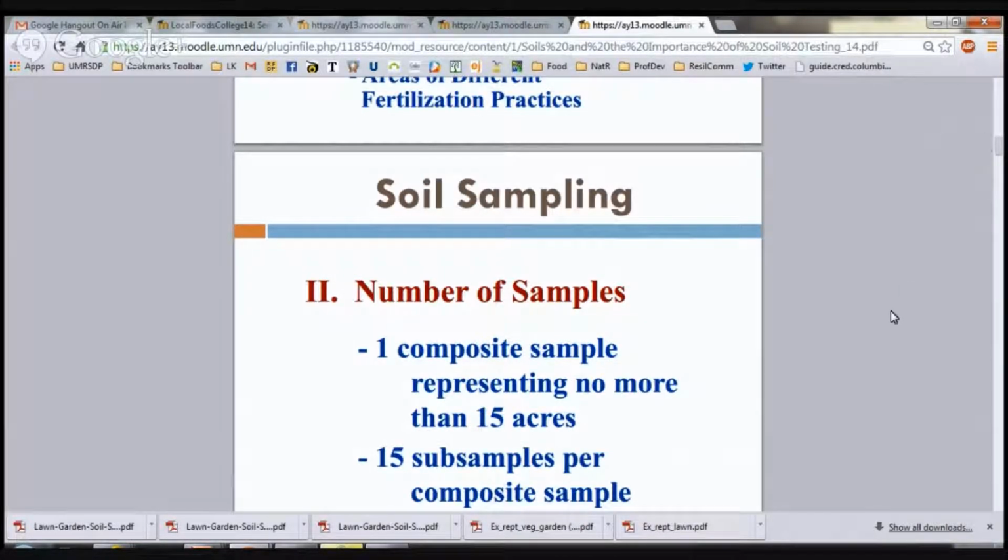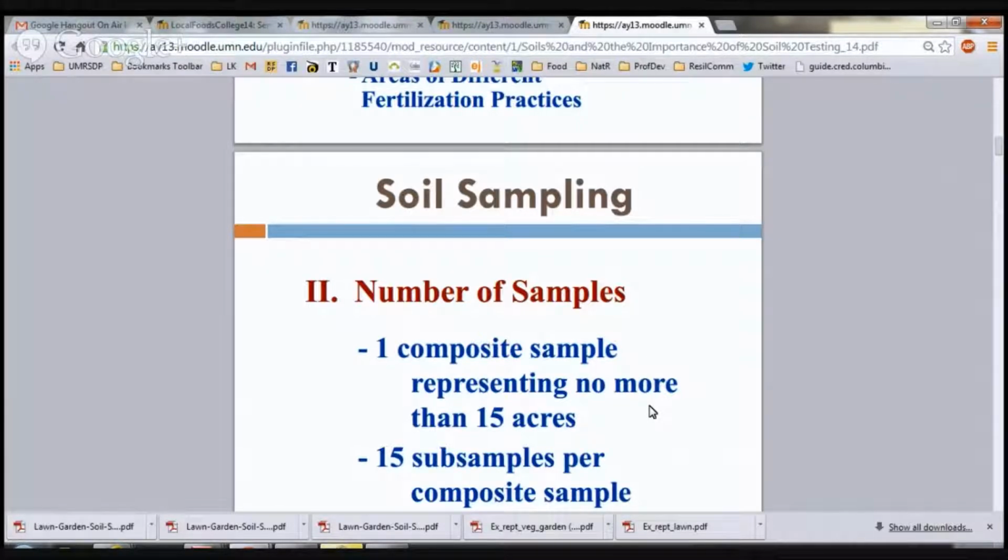A composite sample, this kind of confuses my intro soil students. A composite sample is basically what goes in the bag. So it's that one sample that you're paying $17 for. We usually say that a composite sample doesn't represent more than 18 acres. And if we're talking about gardens and lawns,